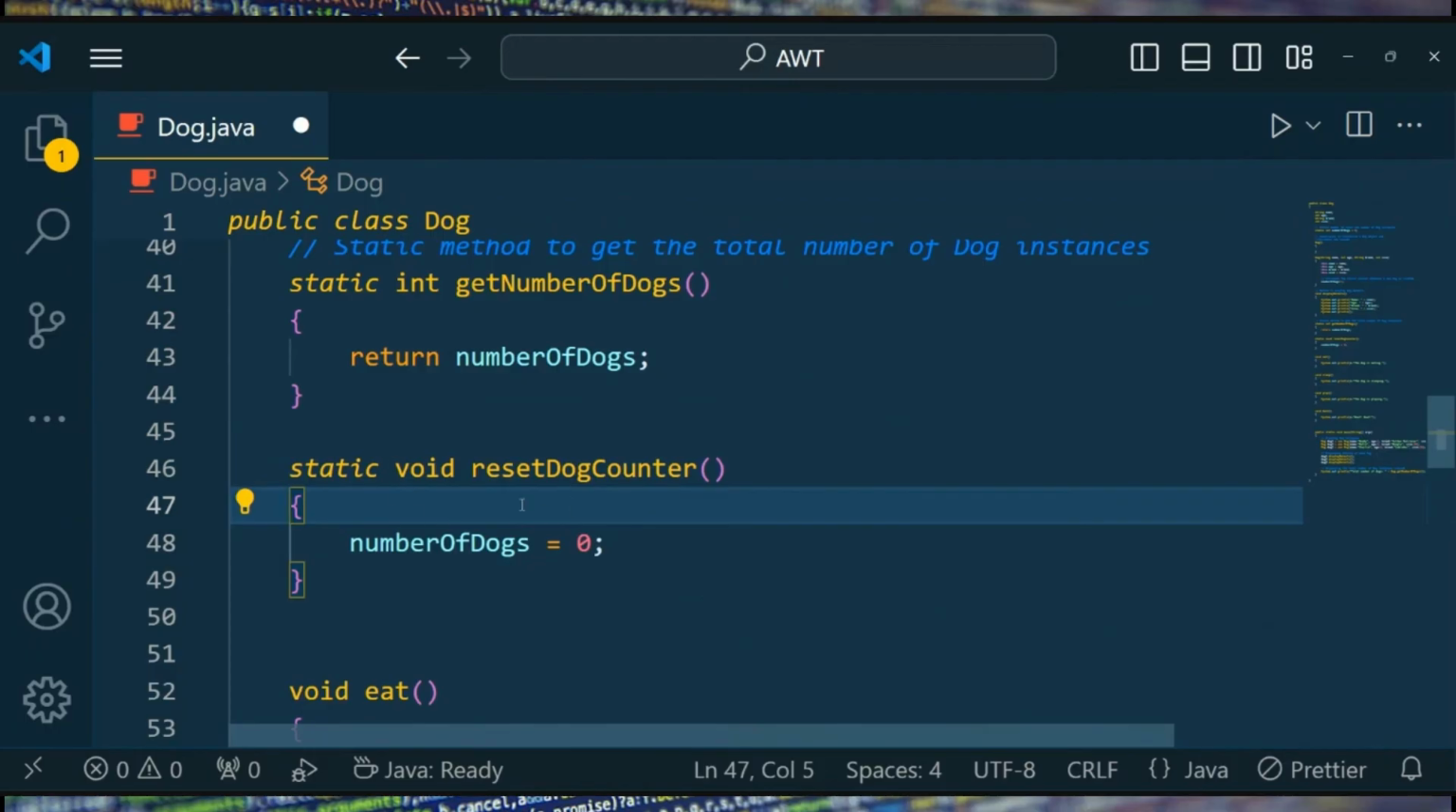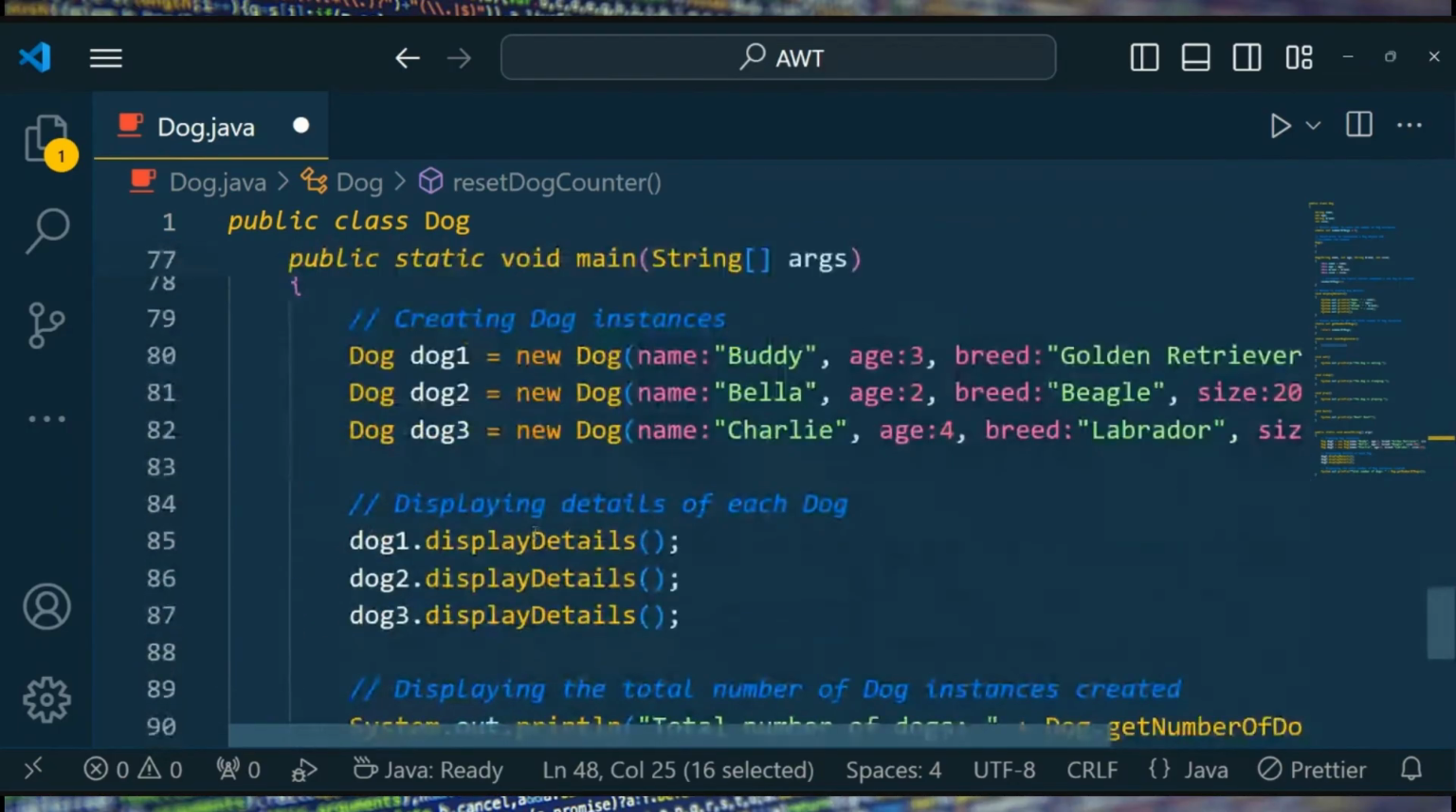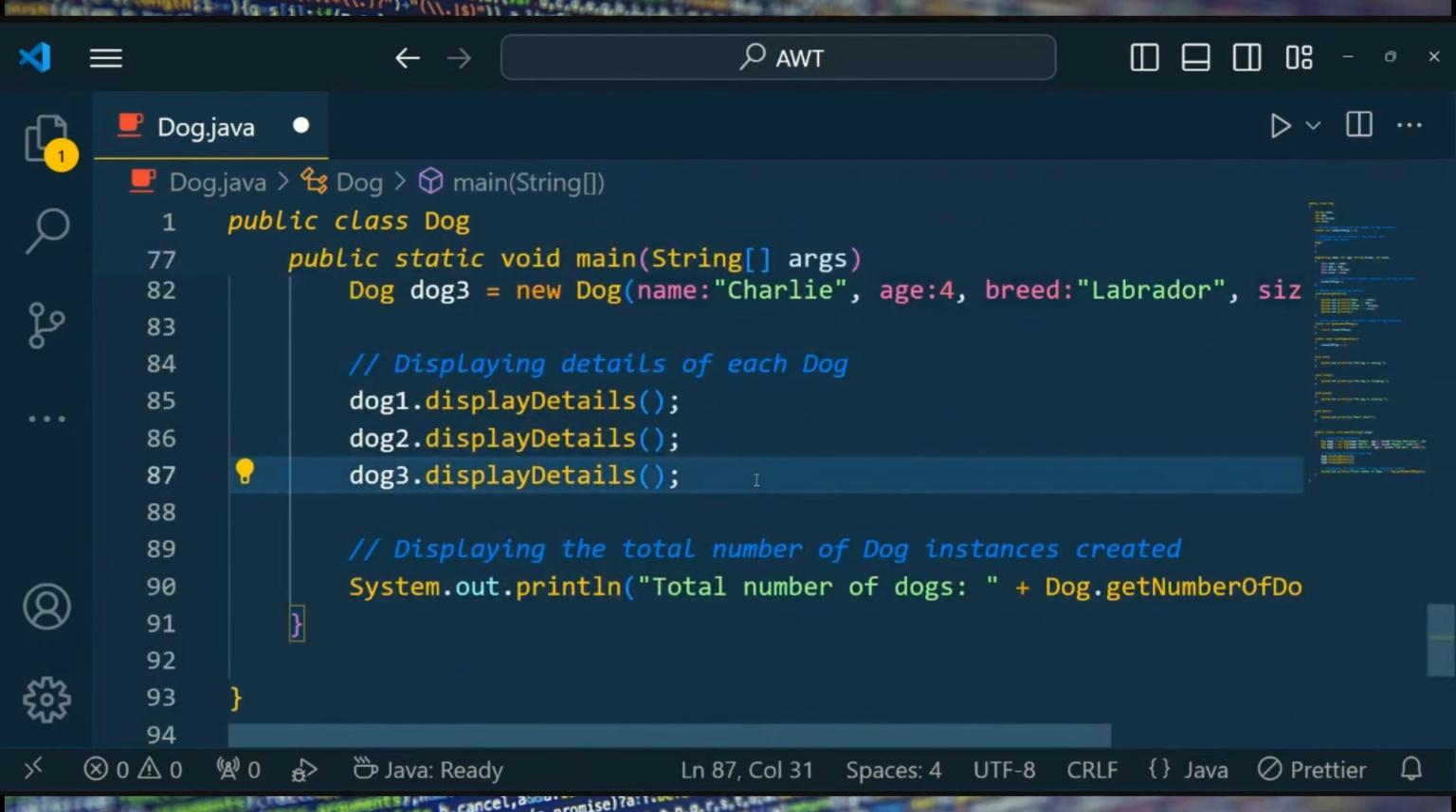Whenever this function is called, at any point of time you can call this function, and after calling it, the number of dogs is going to be reset. This is another reset function. This cannot be called by an instance. Okay, let me give you an example. What I'm saying is, if dog3